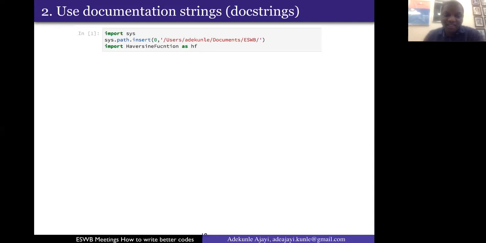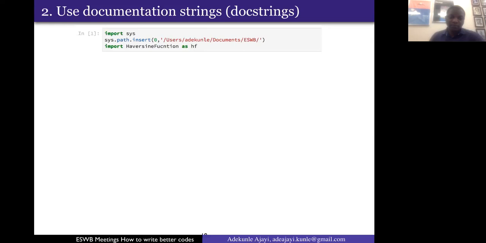For now, just understand Jupyter Notebook as a platform where you can do programming interactively, whereby you can put in the code, you can get the output, you can plot, you can write notes. Just see it as a diary of a programmer, whereby you can do so many things at the same time. You can run your script, you can write comments, you can write notes, you can plot the images and things like that. So now I'm using a Jupyter Notebook, and I'm importing that script that I've written called haversine function,